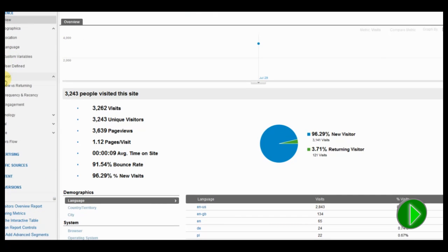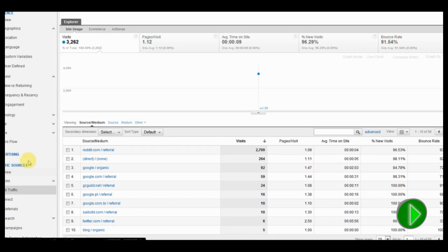Now, there's some other information such as behavior. This will allow you to understand if people are going to be new versus returning, and this is again based on your IP address. You can also figure out which browsers they're using and that kind of thing. But what is most important is going to be your content and traffic sources. So let's take a look at the traffic sources. Select sources and then all traffic, and then we'll see where it's coming from. So as you can see here, reddit.com was the largest place of referral traffic.